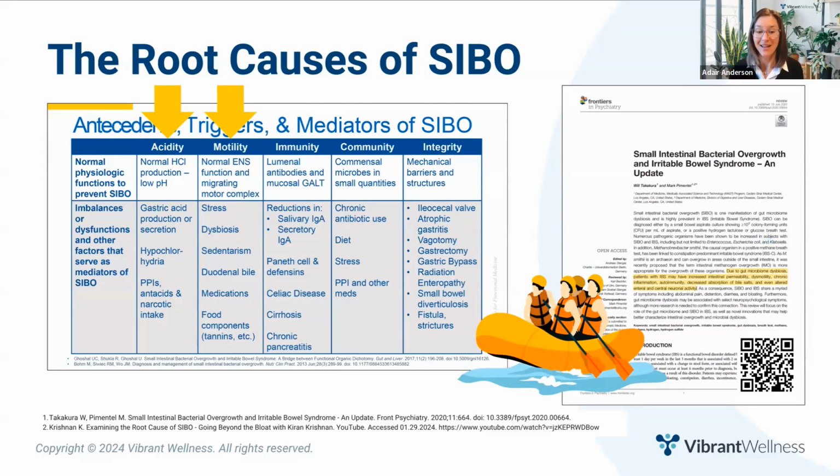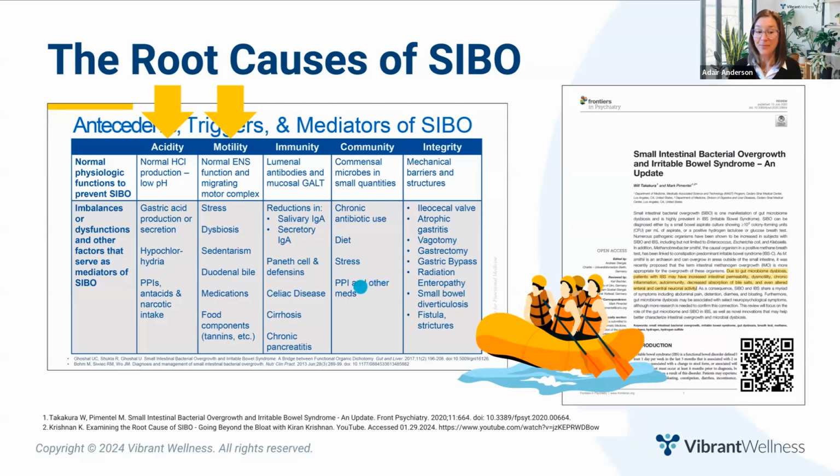And this makes sense. Number 1, stomach acid kills 99.9% of the bacteria we swallow. So if you have hypochlorhydria, low stomach acid, you inevitably allow more bacteria to get through the stomach and enter the GI tract. Number 2, slow motility or constipation. Think about rafting. If you're heading down Class 5 rapids, there's no way you're going to be docking your boat on the side of the river and building a house. However, if you're rafting down a lazy river, you might wash up on the shore, maybe near some fruit trees or a fishing hole, and decide to call that home.